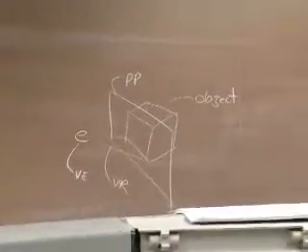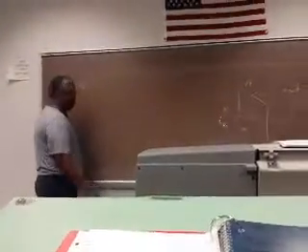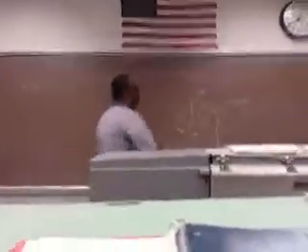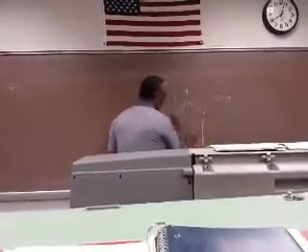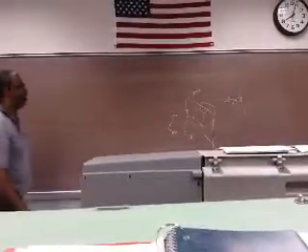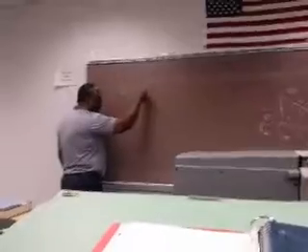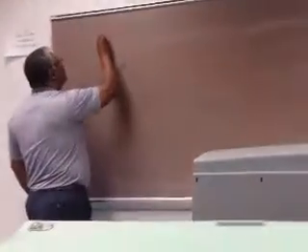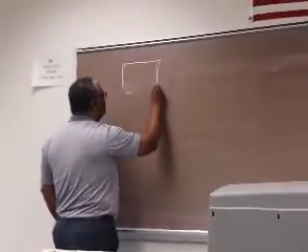a 1 point anyway, 2 point is different. When you set up a 1 point, you can set it up one of two ways. You can set it up where your object is sitting on your plane of projection. That makes the front view of your object, or at least part of the front view, true shape and true size. So if I'm looking at, again, this object here,